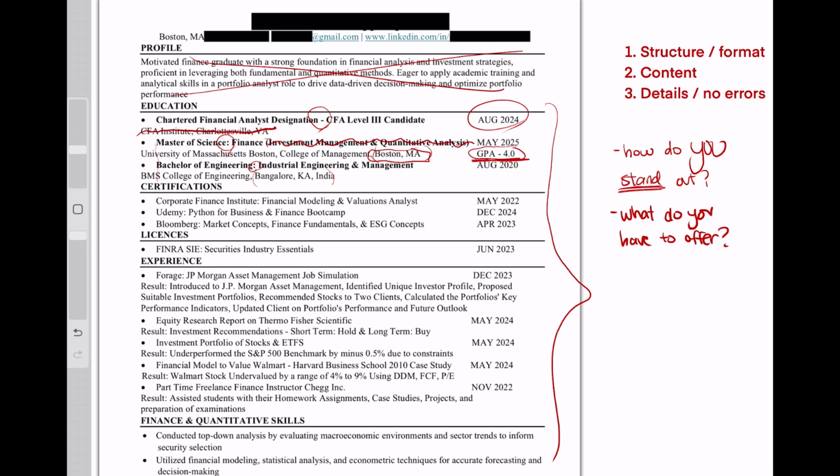And then under the certifications: Corporate Finance Institute, Financial Modeling and Valuations Analyst; Udemy, Python for Business and Finance Bootcamp; Bloomberg, Market Concepts, Finance Fundamentals, and ESG Concepts. The licenses are a lot more ranked in importance than certifications, so I would actually put this one above all of these other ones. Corporate Finance Institute, Udemy, Bloomberg, these are not organizations where you have to be distinguished, but